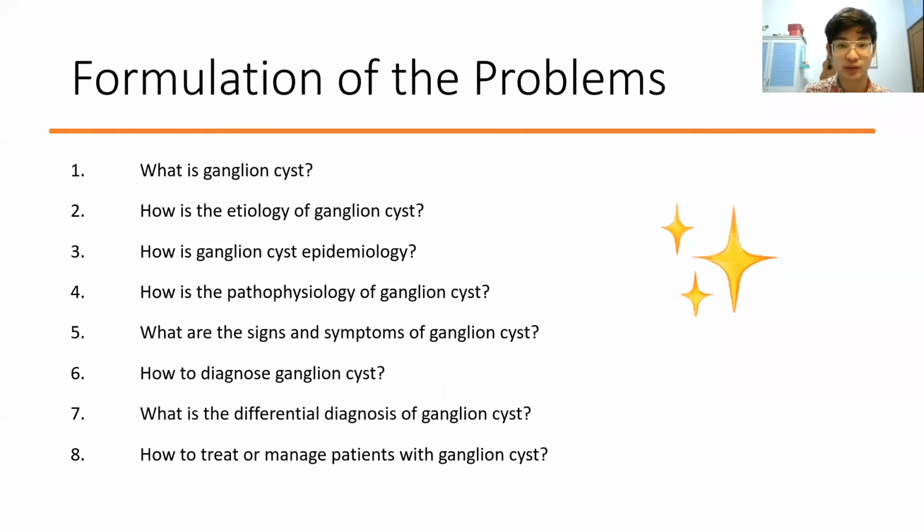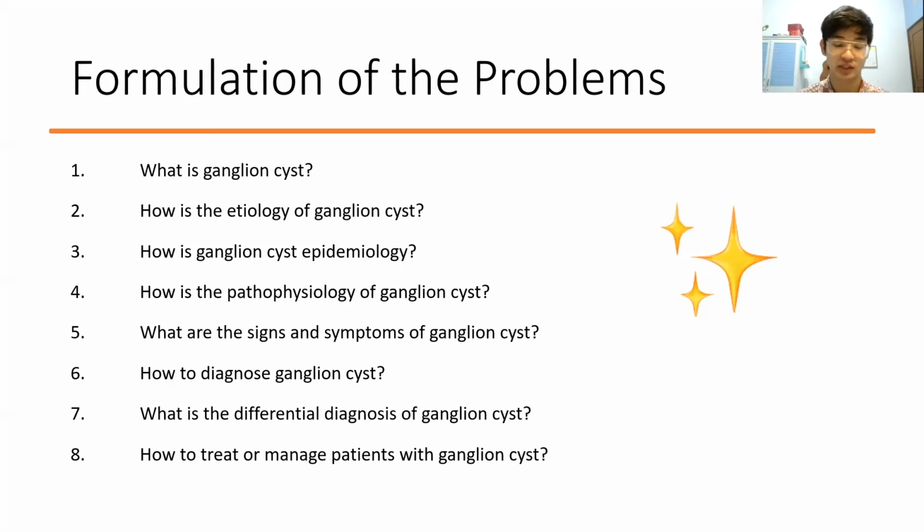My name is Garrett, with student number 077. So the formulation of the problems in this paper is: what is ganglion cyst, how is the etiology of ganglion cyst, how is the epidemiology of ganglion cyst, how is the pathophysiology of ganglion cyst, what are the signs and symptoms of ganglion cyst, how to diagnose ganglion cyst, what is the differential diagnosis of ganglion cyst, how to treat or manage